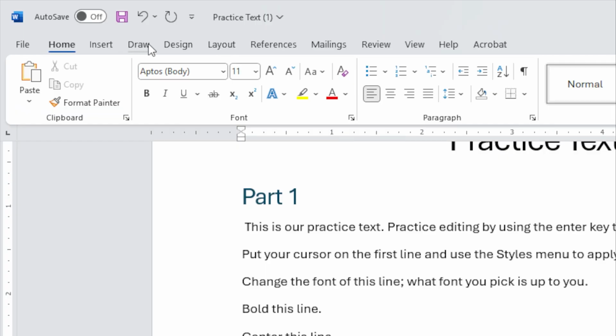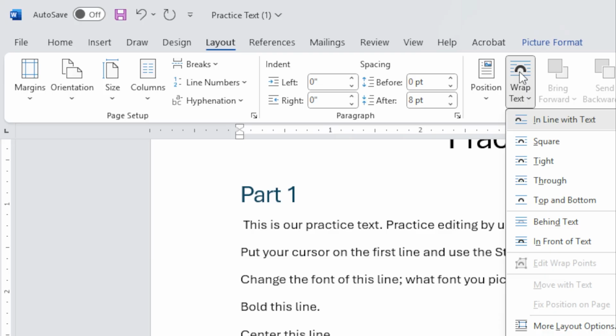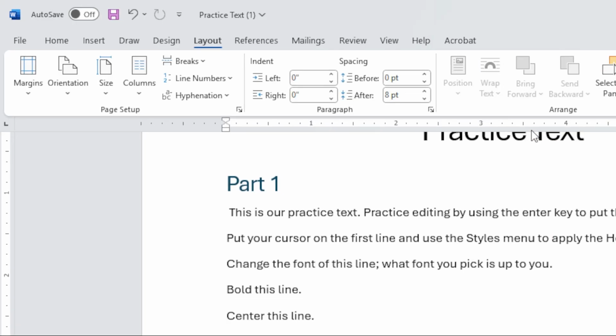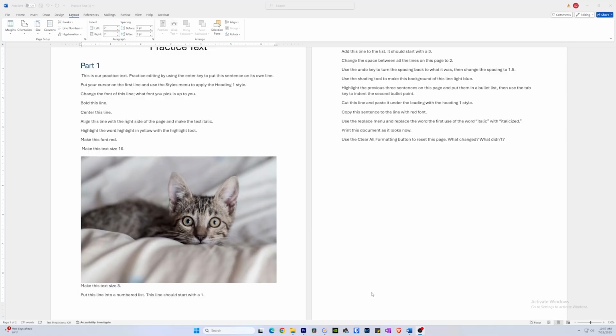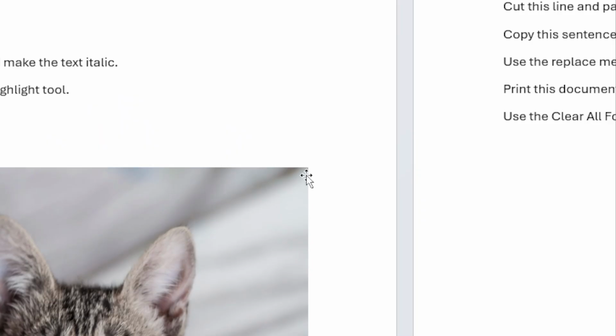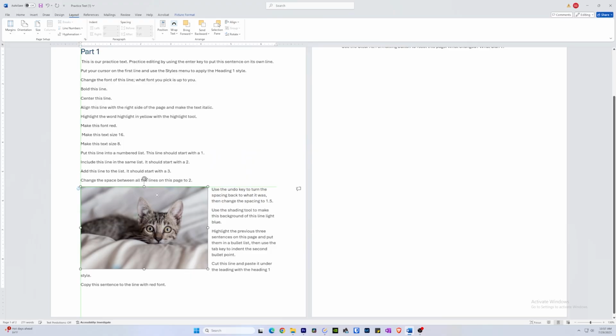In the Layout Options menu, we can decide how to wrap the text around the picture so it fits neatly with our presentation. Here, we've chosen a square word wrap, but we still have problems. Our picture is too big and stretches into multiple areas, and it's in the center when we want it to be at the edge of the page. We can adjust the size by clicking and dragging on the circles that scale the picture down, and click and drag the picture itself to move it to a new home.